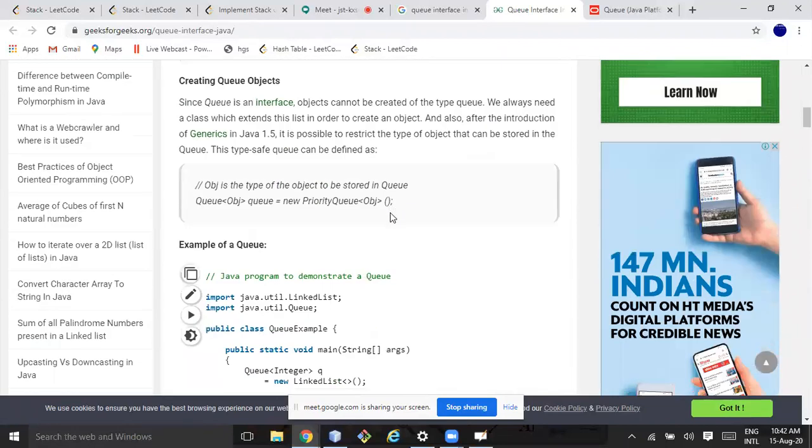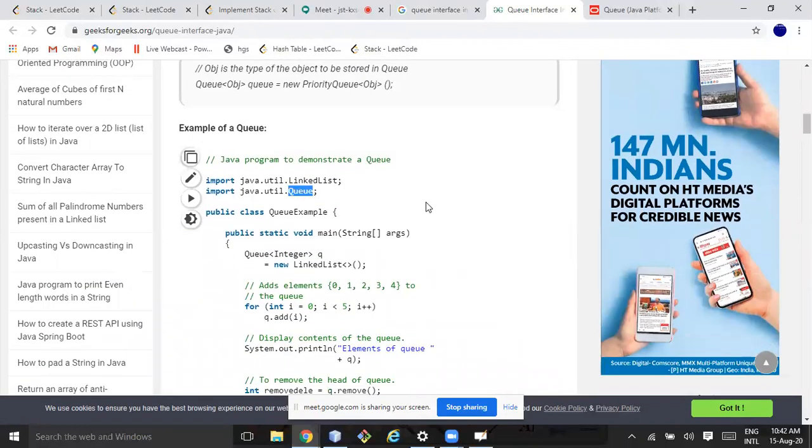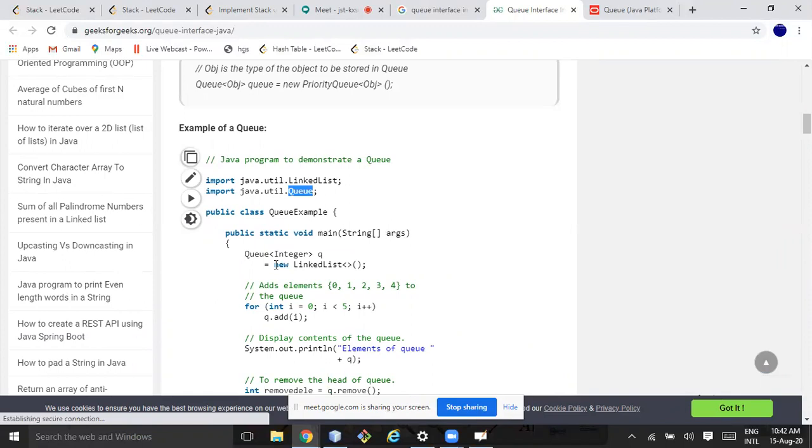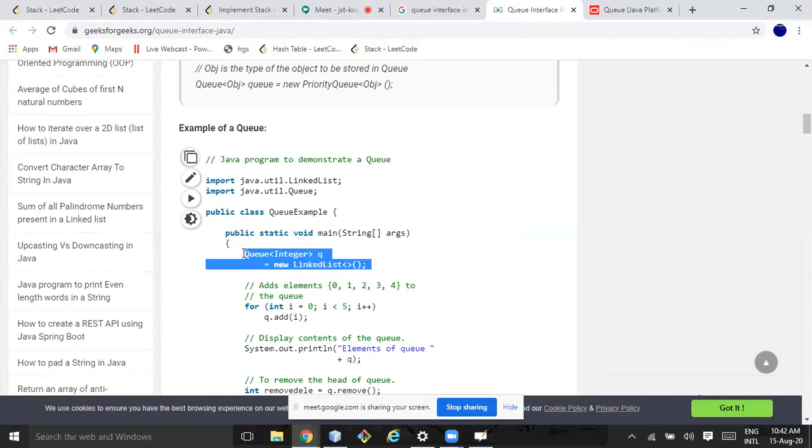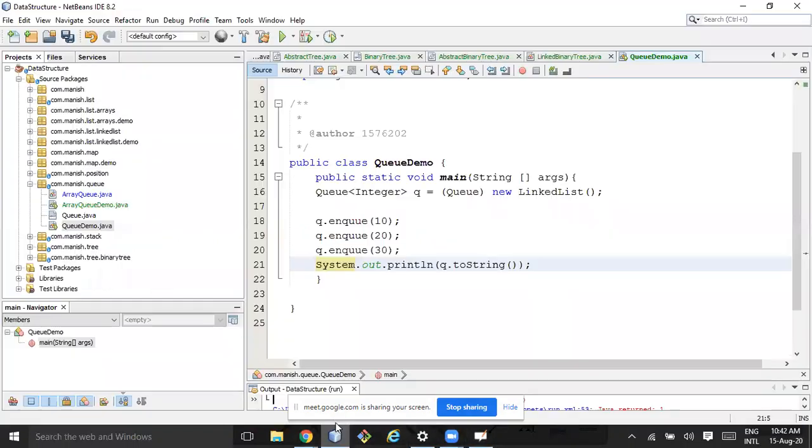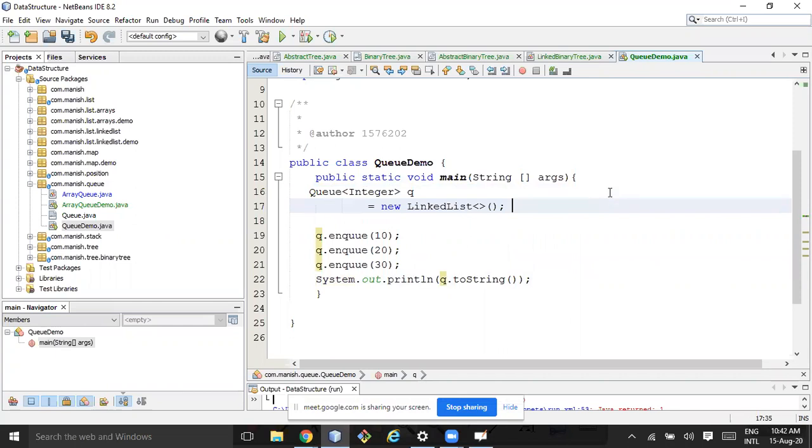Here, if you go to this queue, you can create this linked list. Linked list is a standard implementation of queue. If I go here and try to create it, I was facing some issue, but I'll try it again.